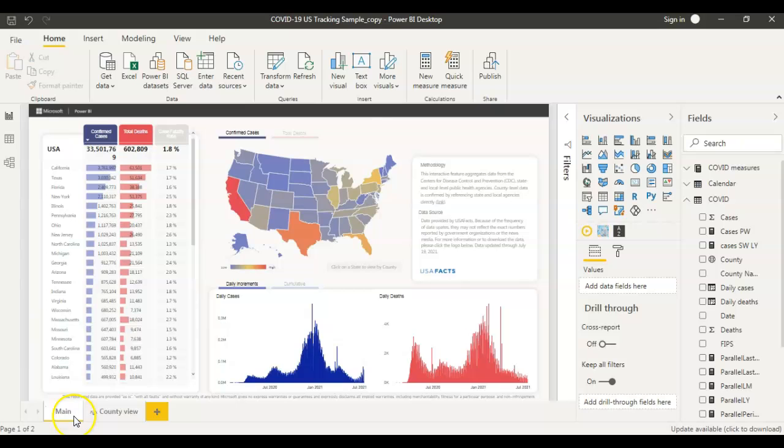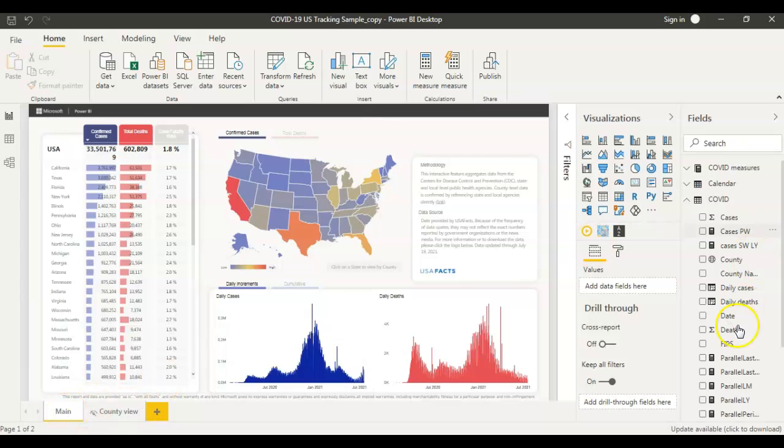You can say that we can have two slicers on both the reports, one in main and one in county view. But when you can change in one page and reflect the same values in the other page, why do it multiple times? It's easy when the report has 2 or 3 pages, but sometimes in the real world one report might have 10 or 15 pages as well. In that case, if you can sync the slicers, it would be very beneficial. So now let's see how to do that.